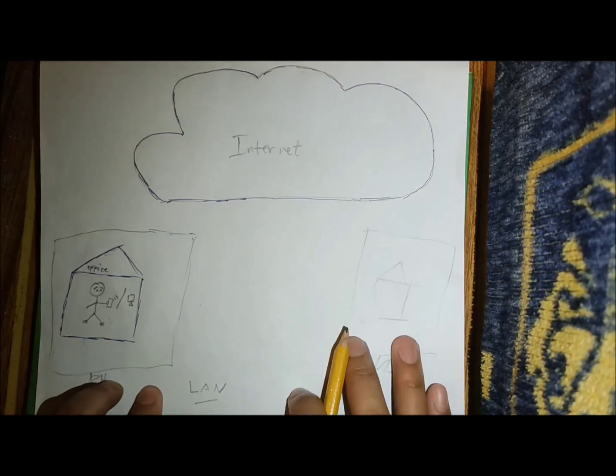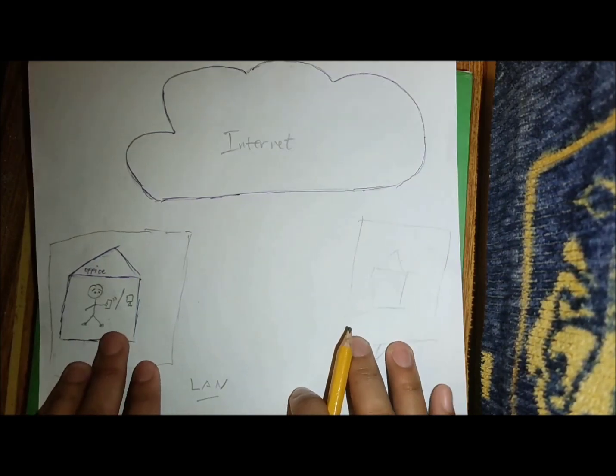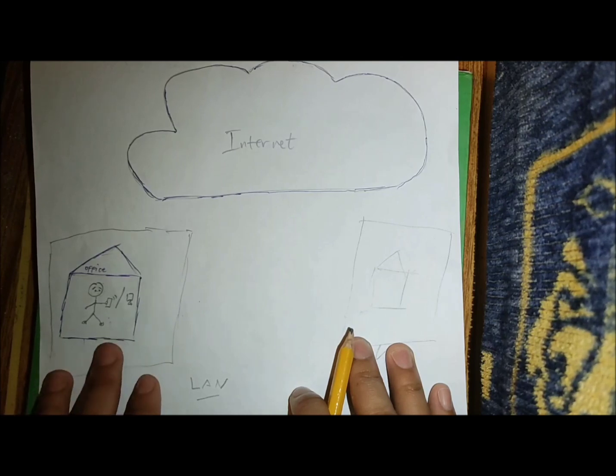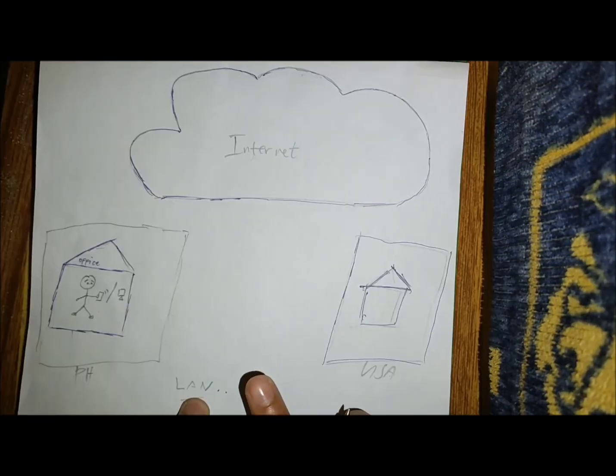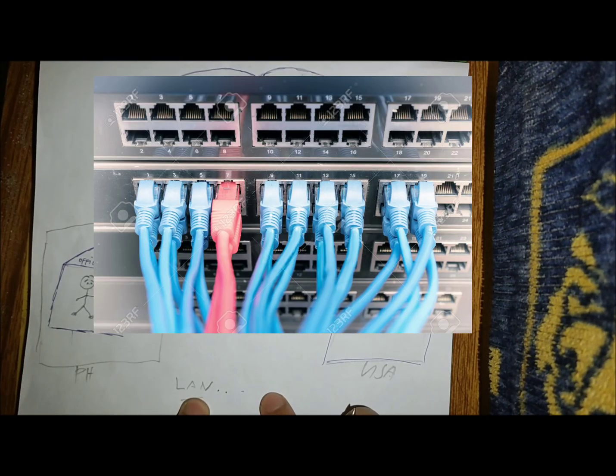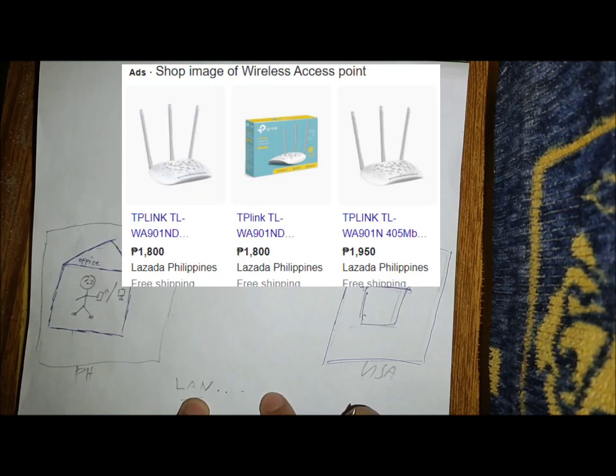Now ang LAN nag-consist na siya og mga cables, access points. When we see access points or wireless access points, it uses wireless technology na atong mga laptops, Wi-Fi enabled cell phones, mga PDAs, personal digital assistant.